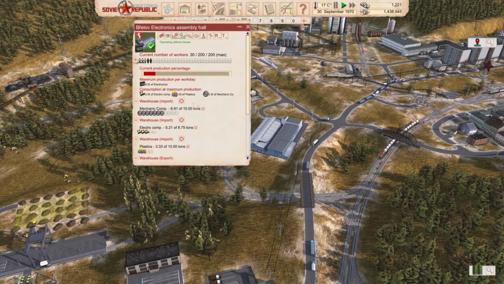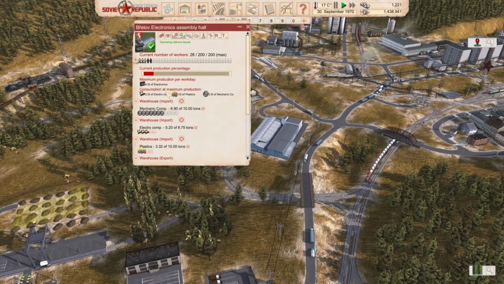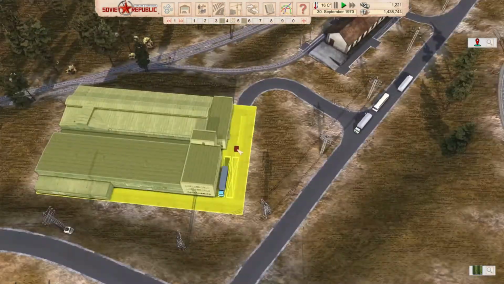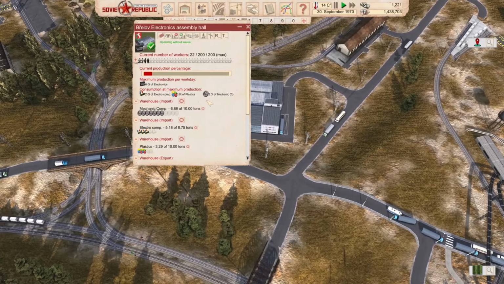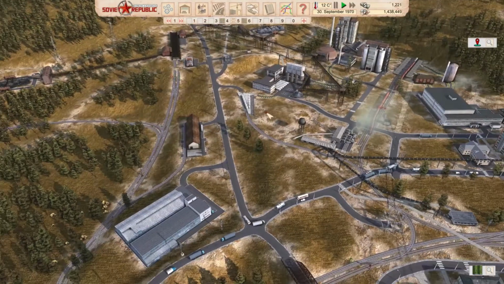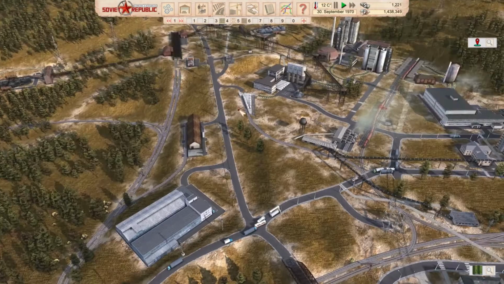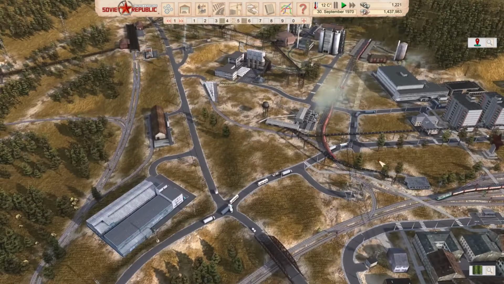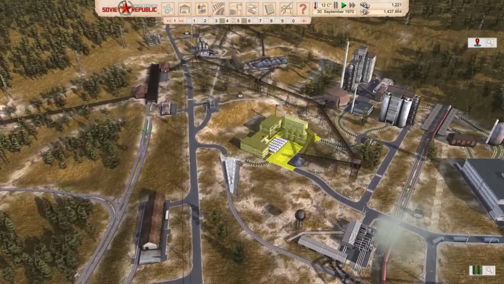You can see here that we are producing electronics, but they're being loaded straight away as we produce them. So we need this to work faster. This is not a problem. Electronics are not something that we need enormous amounts of, but we need them nevertheless. So the problem here is the Sulivostok. Sulivostok needs more people, because we are not having...